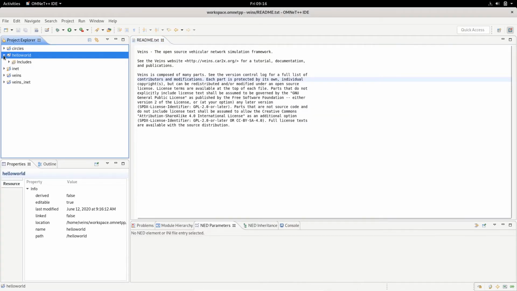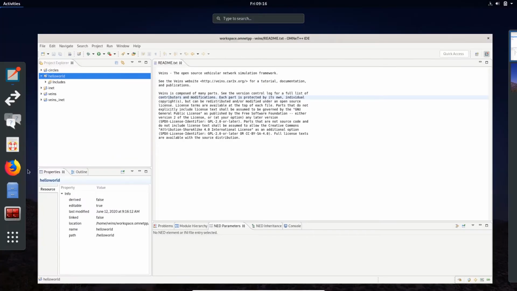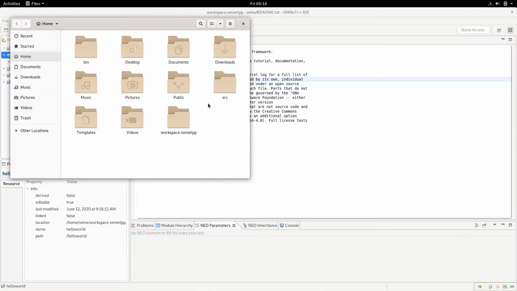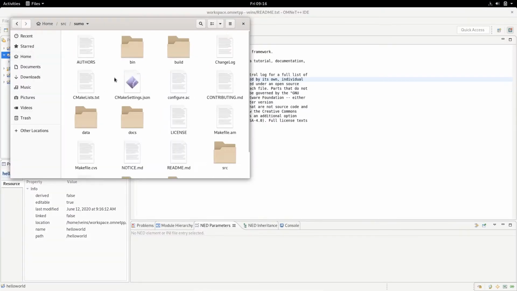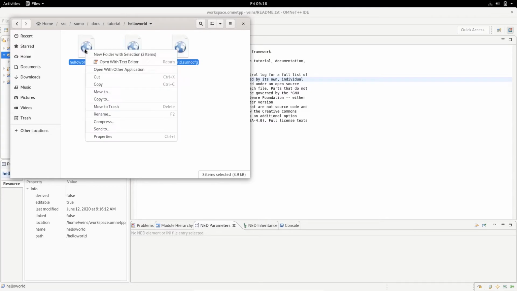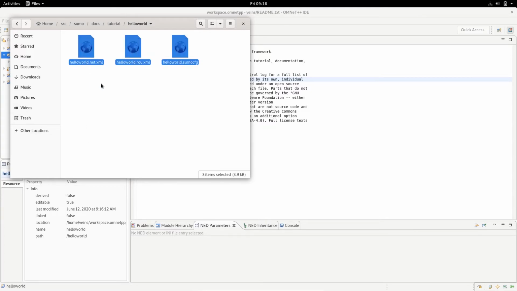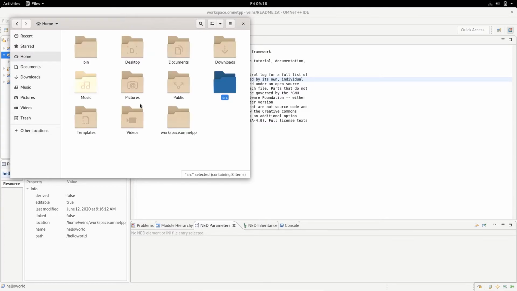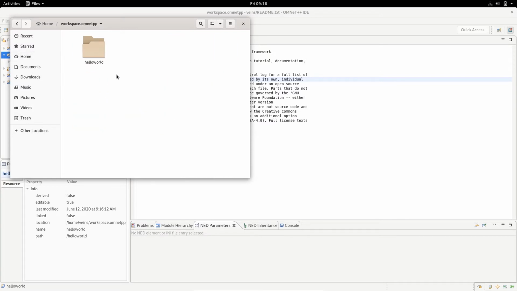In the Project Explorer tab, we can see an empty directory with the file name Hello World has been created. Now, in the files, go to src, sumo, docs, tutorial, hello world and copy the 3 files, that is helloworld.net.xml, helloworld.route.xml and helloworld.sumoconfig to home, workspace.omnetpp, hello world folder.